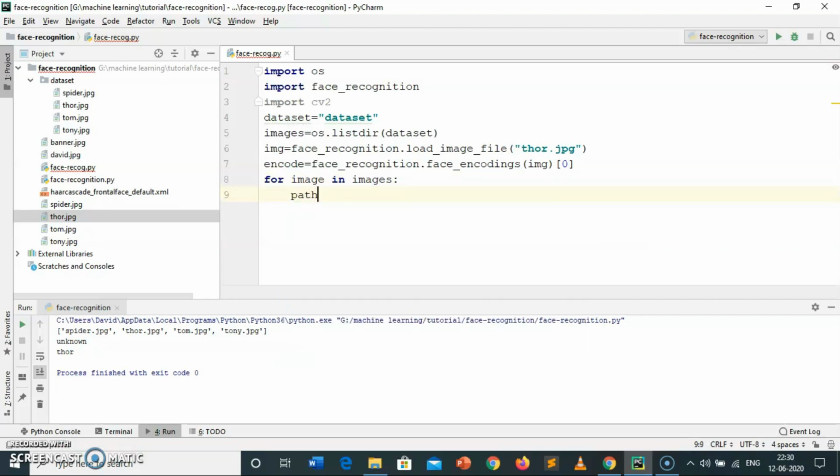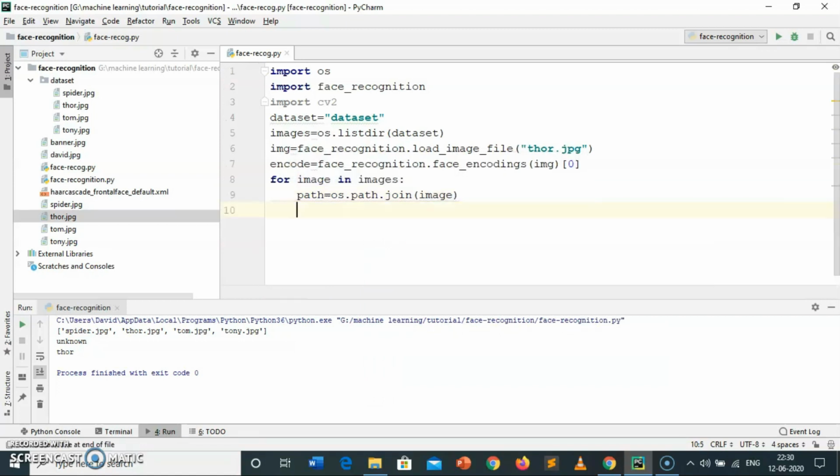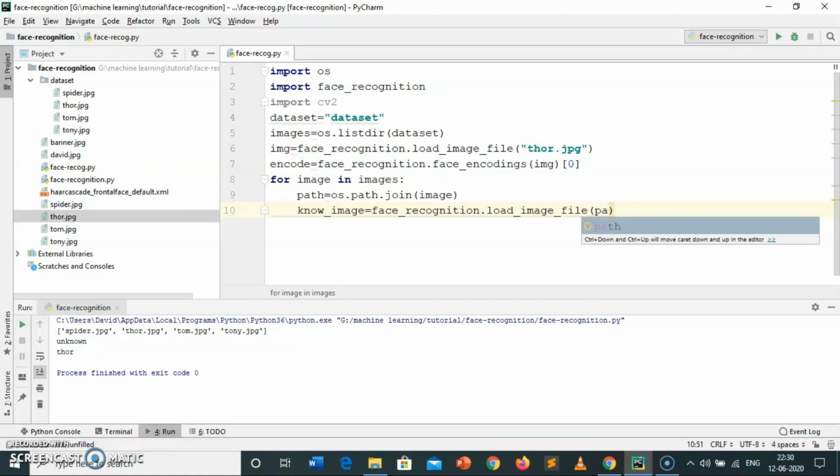I am going to use path equals os.path.join, then provide the image. Now let's say the dataset image equals face_recognition.load_image_file, and we have to pass the path.